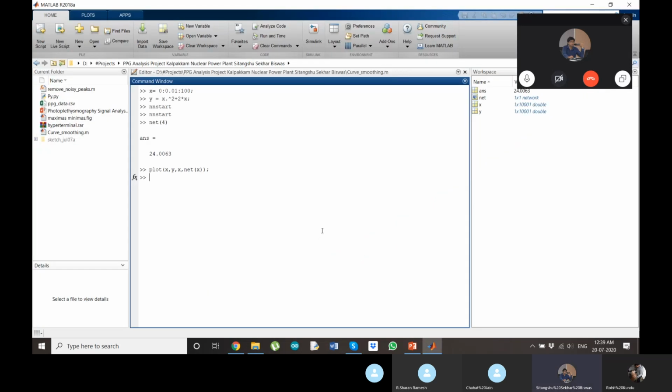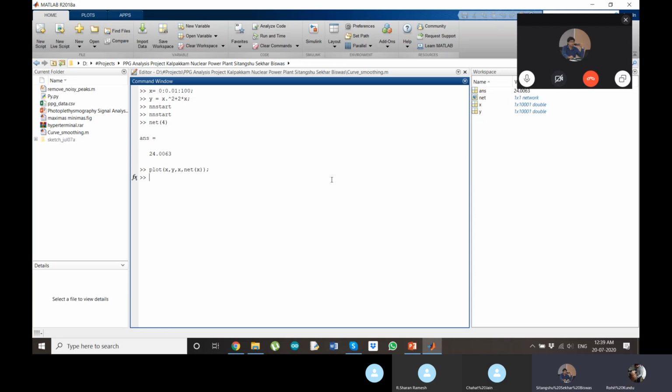Now the assignment I am giving to all of you: already you got a set of data from the PPG signal, correct? Yes sir. Now you take some 1000 data. From the 1000 data, already you know the shape of the PQRST signal.